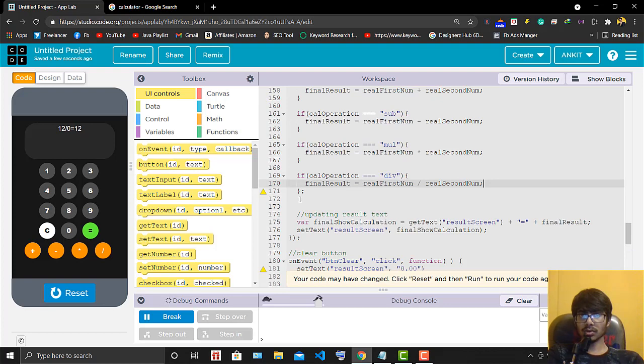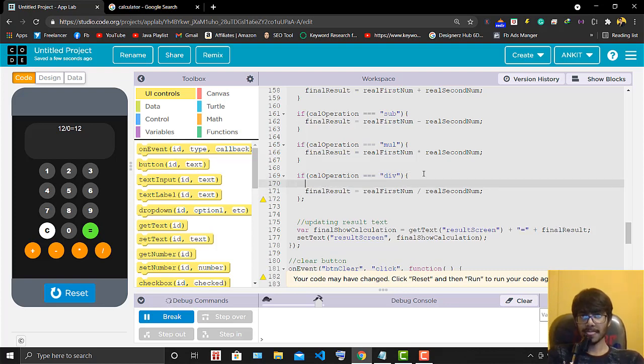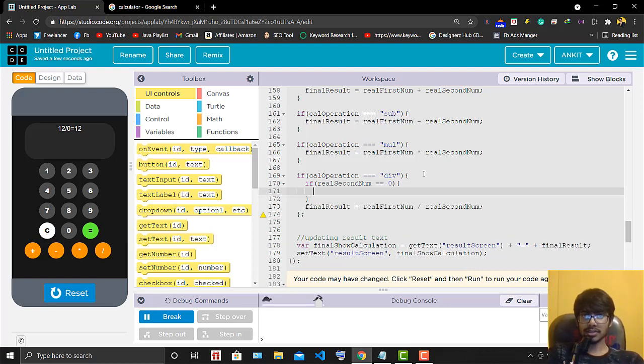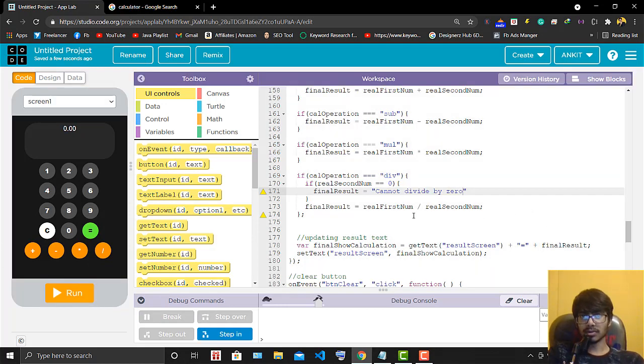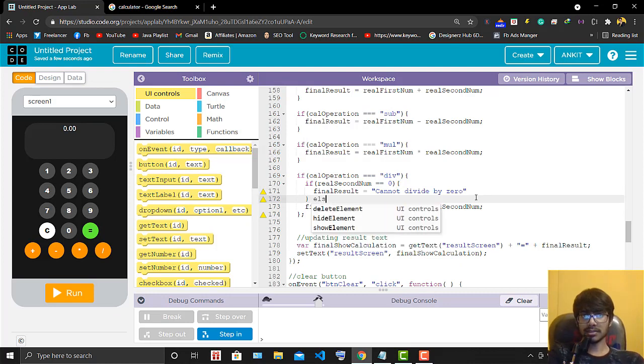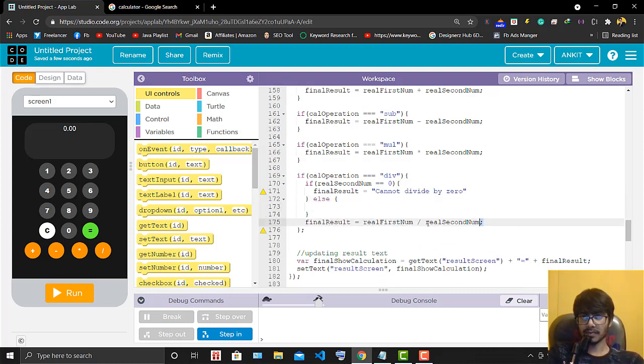So to solve this, what we can do, we can just do this, that if cal operation is this, and let's check if, okay, if real second num is equal to 0, then just do final result, cannot divide by 0, and else, in else condition just put this value, okay, cut it and paste it here.